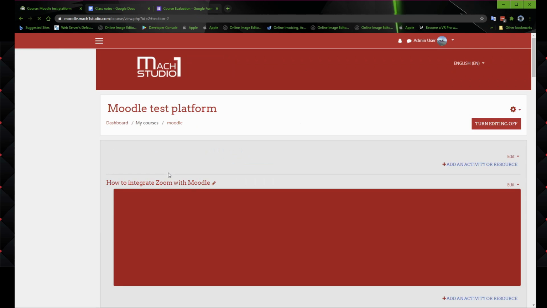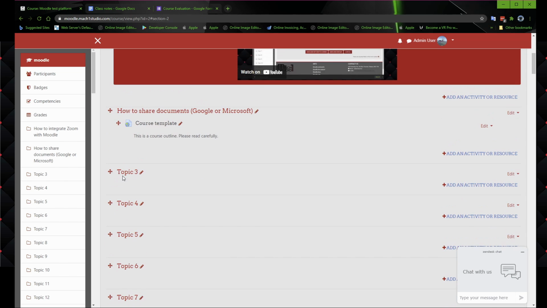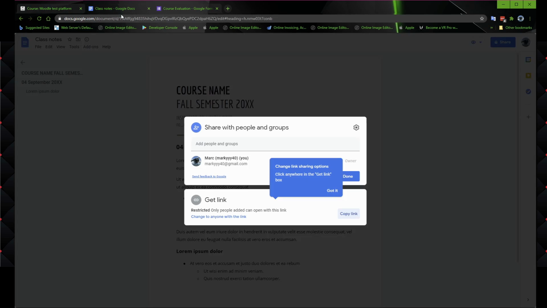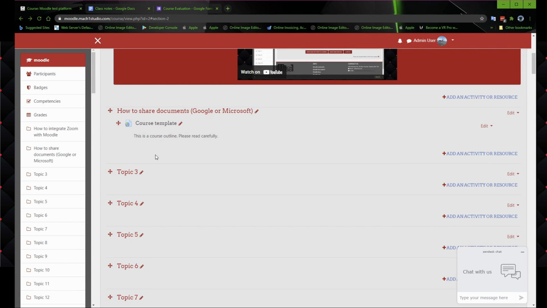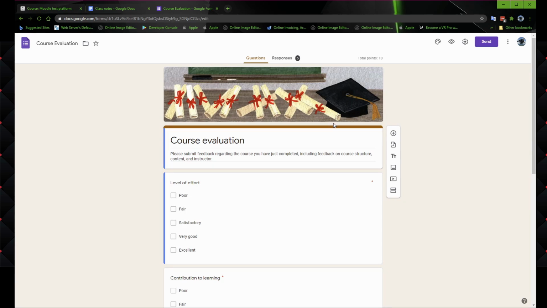So we're going to save and return to the course. We make it simple. And there we go. You can add multiple documents like this. So whenever you make a change to your document here, it will automatically be updated here once they click on it. Now the second one, if you want to add a form that you created in Microsoft Office or Google form,